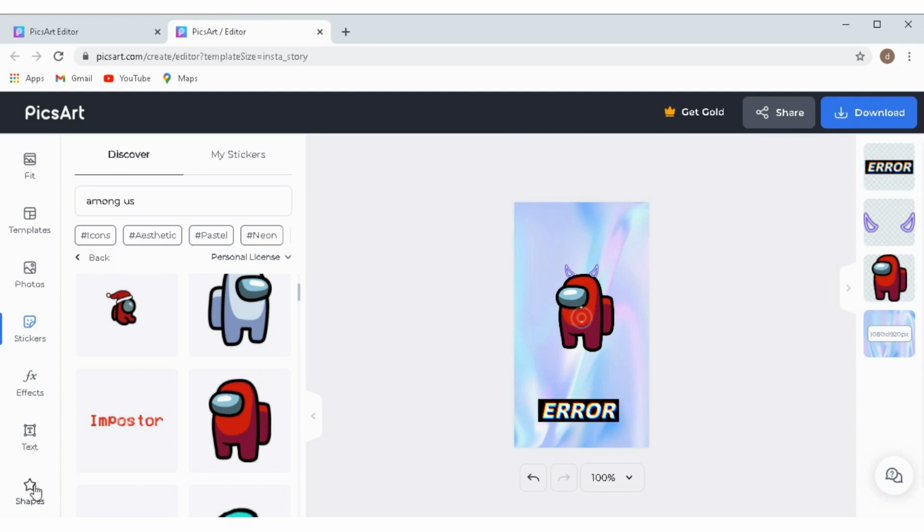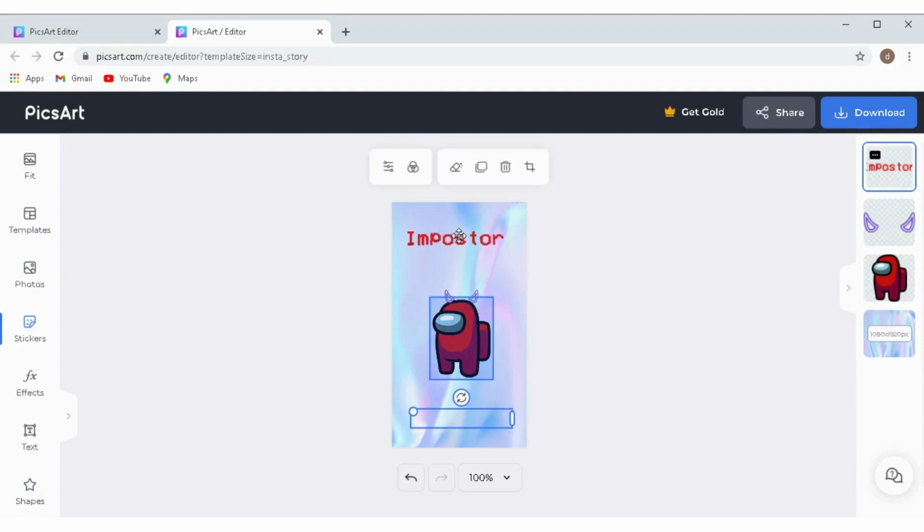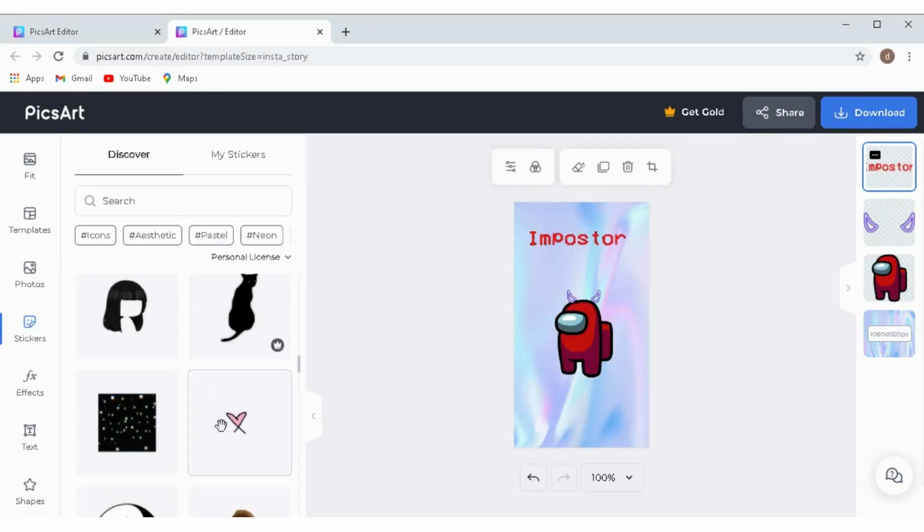And if you want to add shapes, you can add shapes. You can see this sticker has appeared. I will place it on the top. If you want to add more stickers, just go to stickers. I will add this little heart.